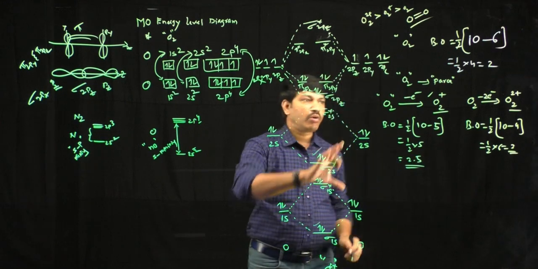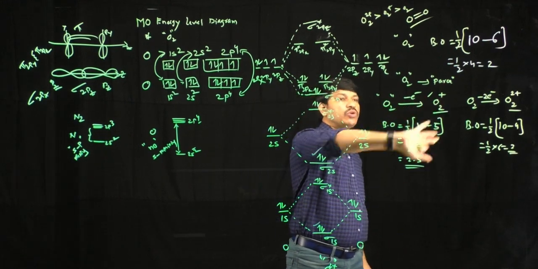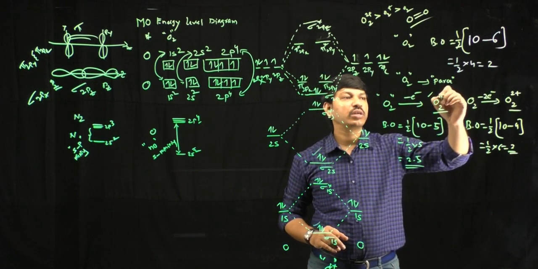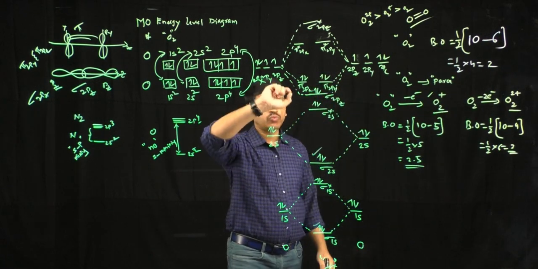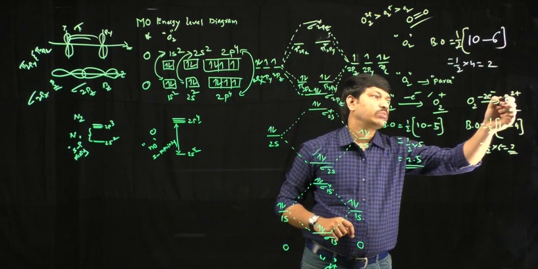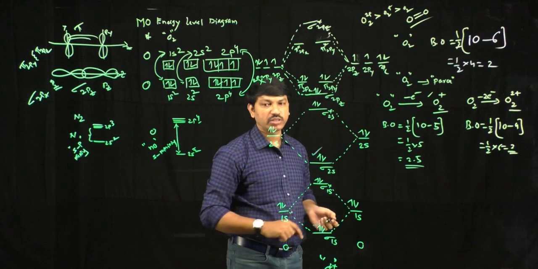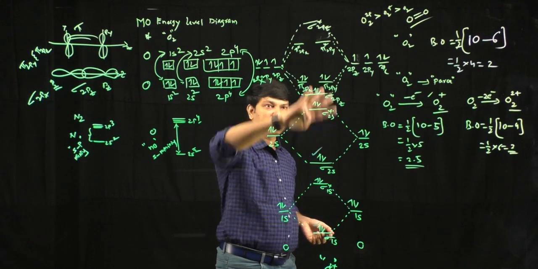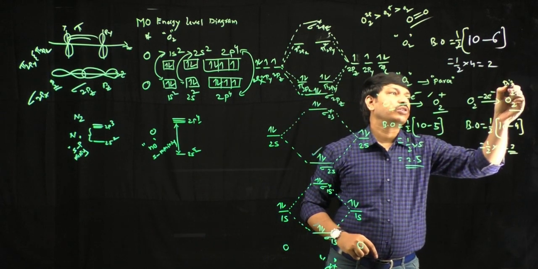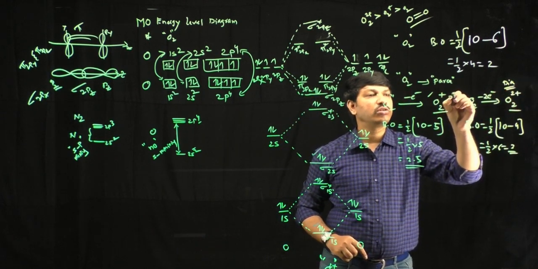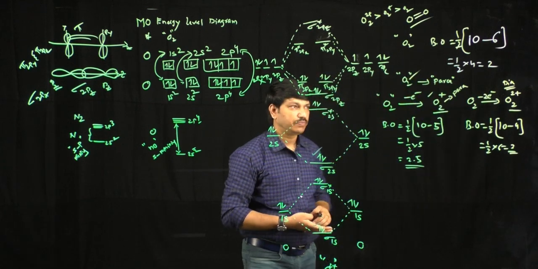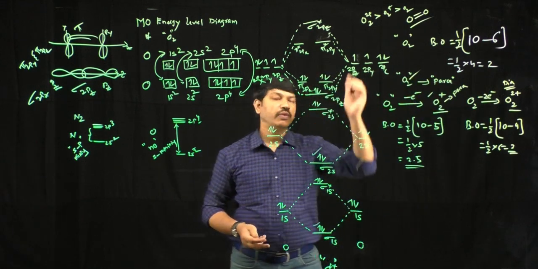And what is the nature of the O2+ molecule? The O2+ molecule is also one of the paramagnetic species, because the O2+ molecule contains one unpaired electron in the pi star antibonding level. Whereas in the O2 2+ molecule diagram, there are no unpaired electrons. All are paired electrons only. That means this is diamagnetic in nature. This one is paramagnetic, and even the O2 molecule is paramagnetic in nature. So these are 3 different species.